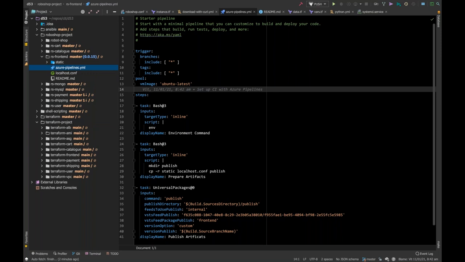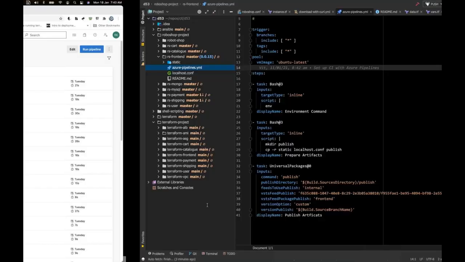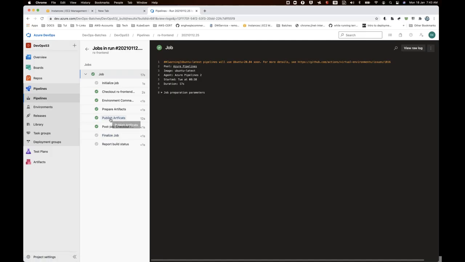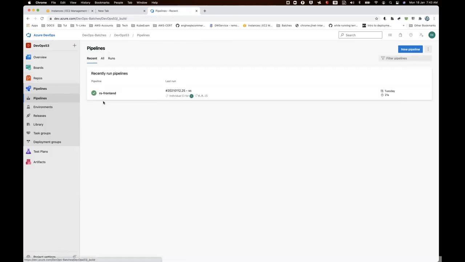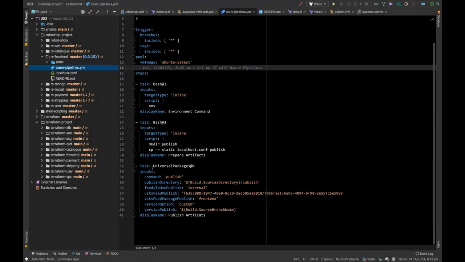So in the Azure pipelines, we want to make the artifacts only when a tag is created. And how did we ensure that? I think we didn't ensure that yet. Because if I go inside the job, we are publishing the artifacts as well. The publishing of the artifact should happen only when a tag is created. Otherwise, when it runs normally, it should just take care of the other steps and not publish the artifacts. That is something we were discussing, I think.